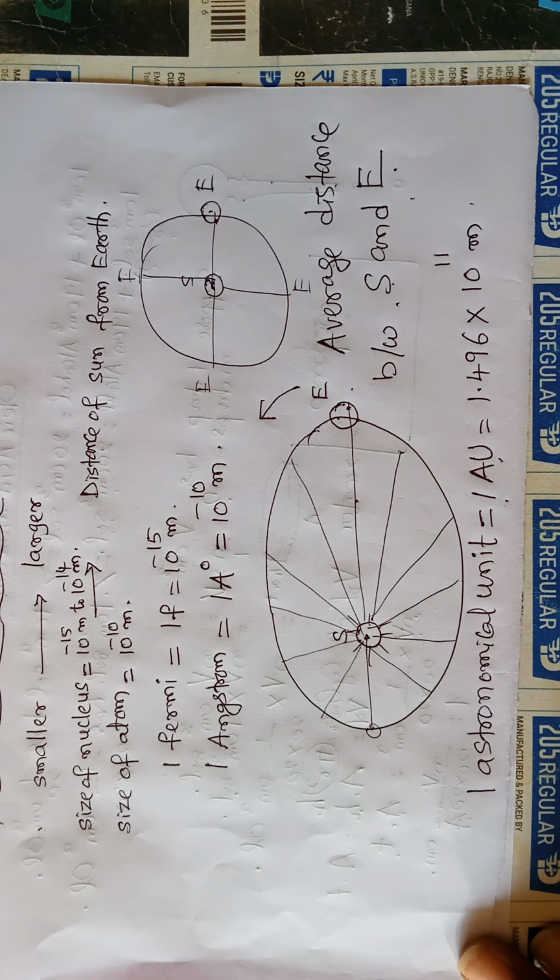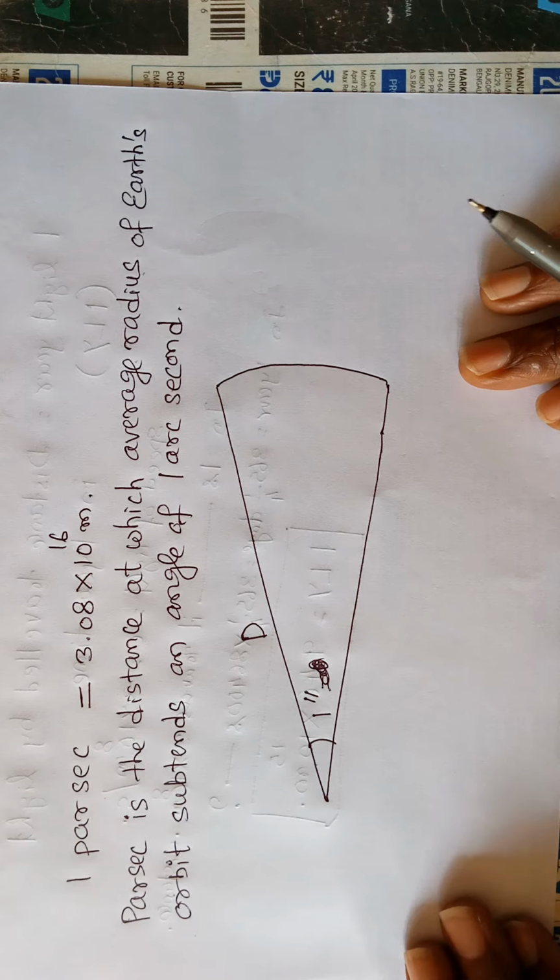So the average radius of earth orbit is known as 1 astronomical unit. So in the parsec definition, what it says is, parsec is the distance at which the average radius of earth orbit, which is nothing but 1 astronomical unit,